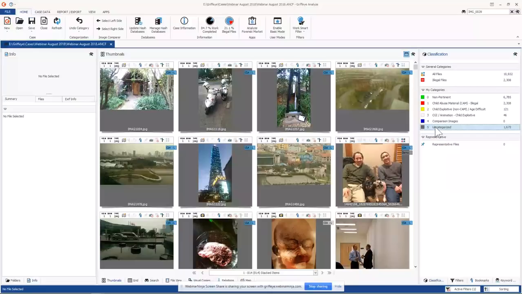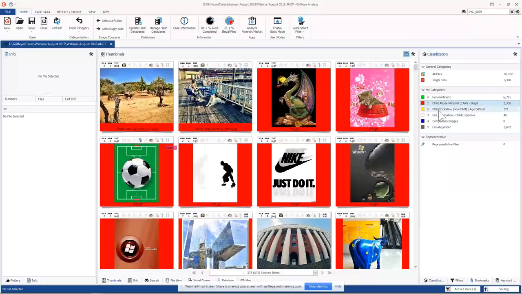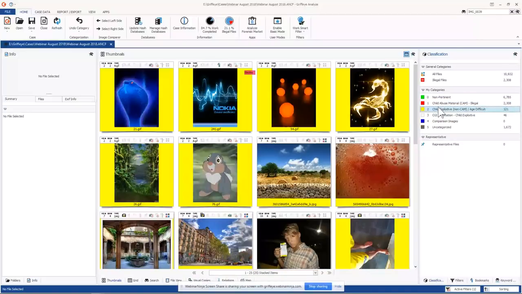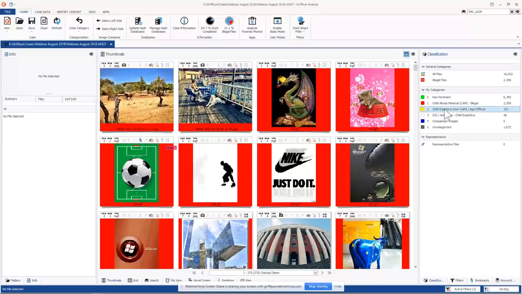It said, someone else has seen this. There's no need to be exposed to it. There's no reason to, other than maybe looking at it for charging. This is a file that's been seen. Someone else has seen it. He's been charged with it, that type of thing. So what it does here is it'll pre-categorize, and as I click on each one of these, it filters down to just that category.